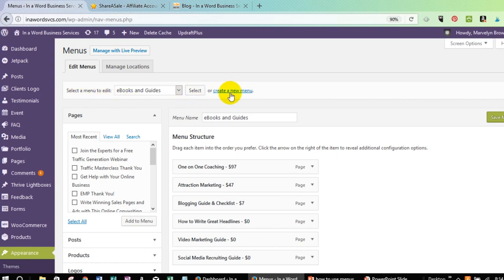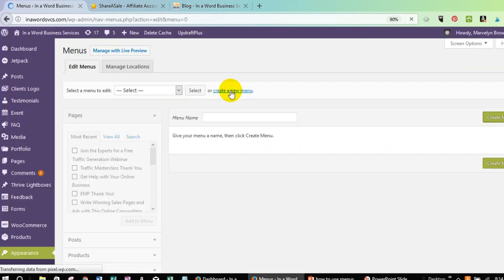But basically, you just create your new menu, and let's just create a new menu. We'll do that so that you can understand exactly how this works. So when you create a new menu, then you enter the name of the menu here. So we're just going to say test. Okay, and then once you name your menu, then you click on, actually I'm not going to do anything yet. So then you create your menu,